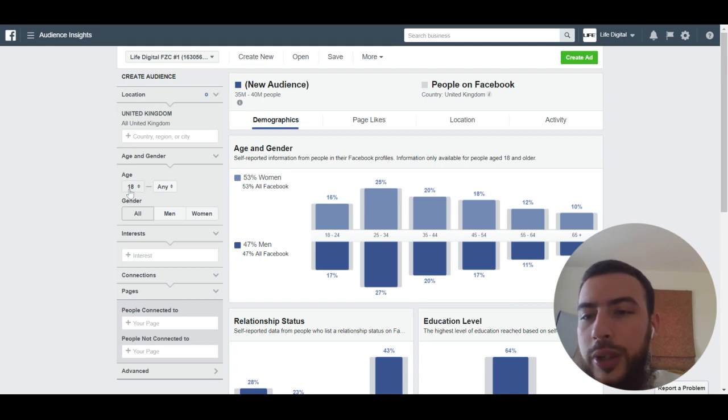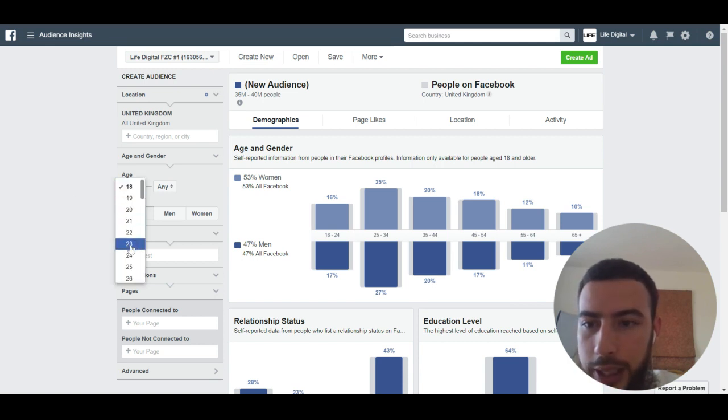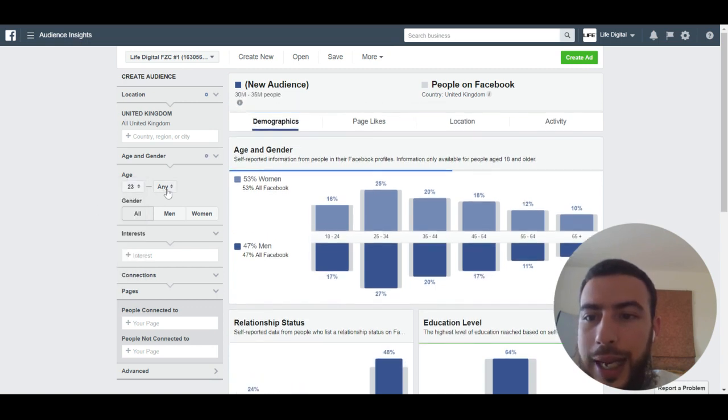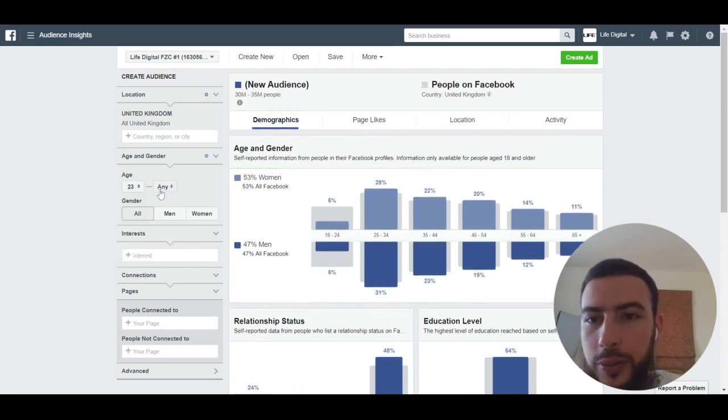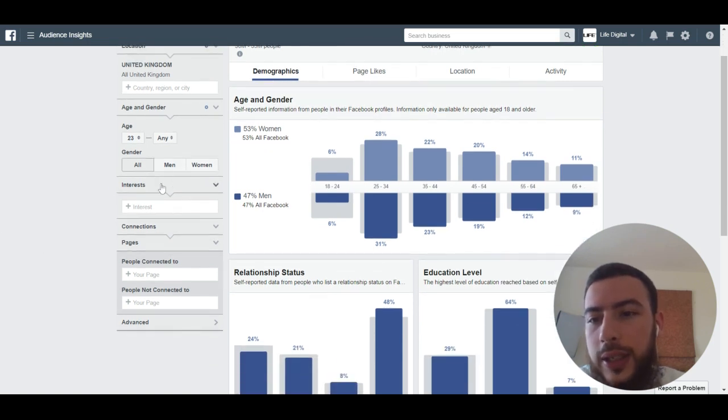And let's say we're not really looking at 18-year-olds because they're maybe less likely to be able to afford our services. And therefore, we're just going to go for, let's say, 23, okay? And we're not going to put a cap on the age. It's very good in Facebook to keep things wide when it comes to age. I'm just eliminating people 18 to 23 because I know they never will come. However, although it's not normal, I do know a 50-year-old might come. Okay, this is just an example. So I'm putting the age like that. The gender, I'm leaving it open, and this is where we get our interests.